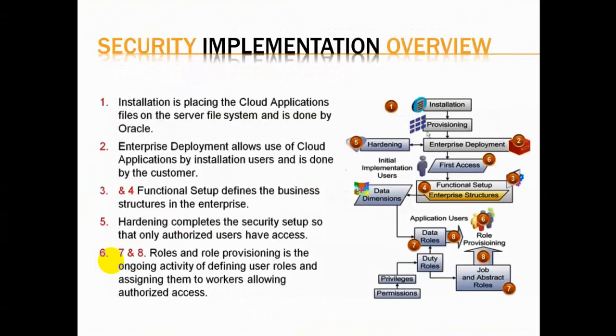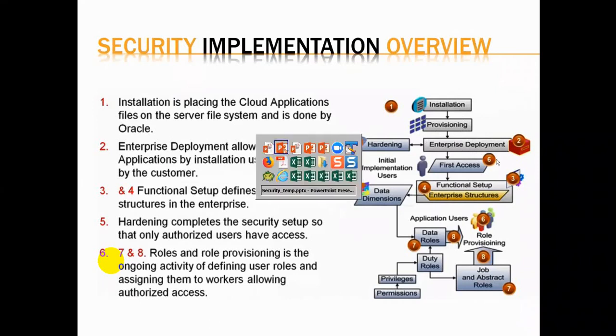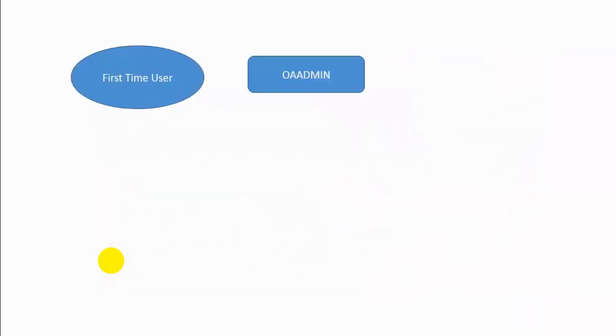Once we have the initial first time access, once we get the provisioning user, then typically we need to do the enterprise structure setup, because when Oracle gives the environment, at that point of time Oracle doesn't know what our legal entities or business unit divisions are. So I have to do the enterprise structures setup. Those users are called implementation users. This administrator typically creates the implementation user.